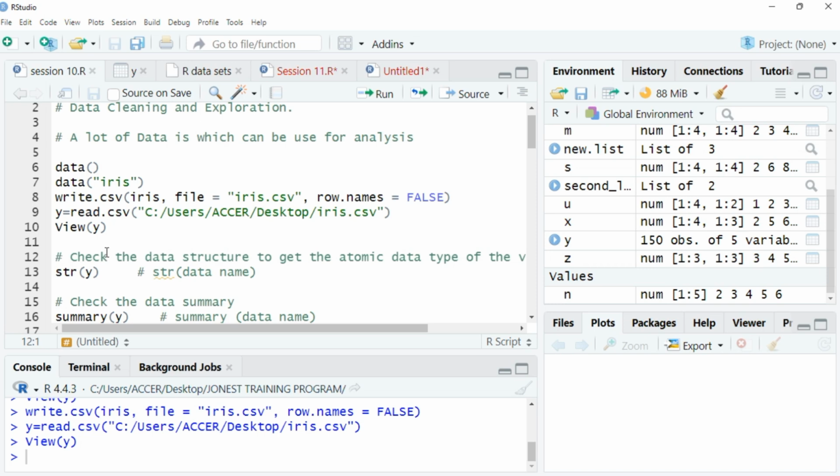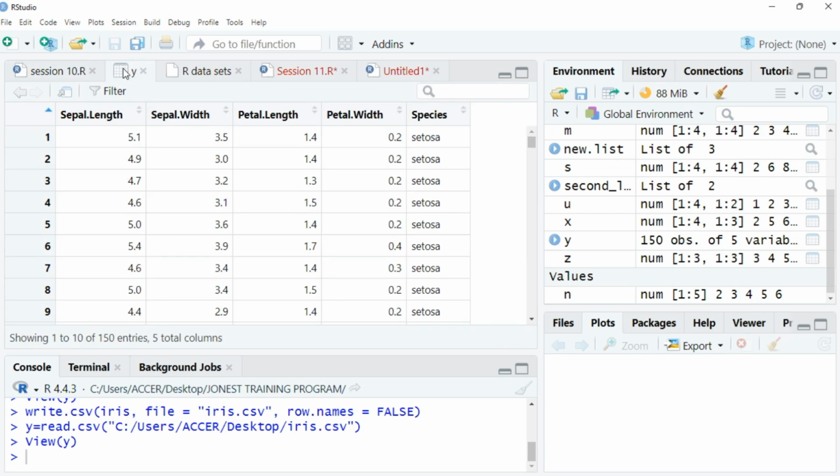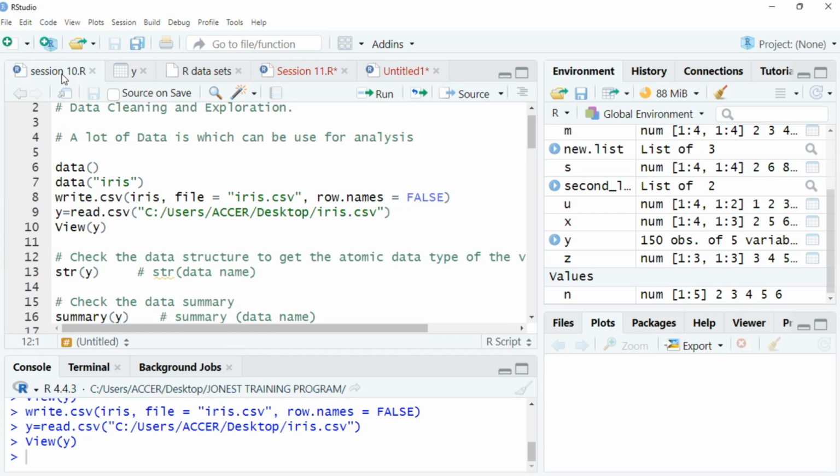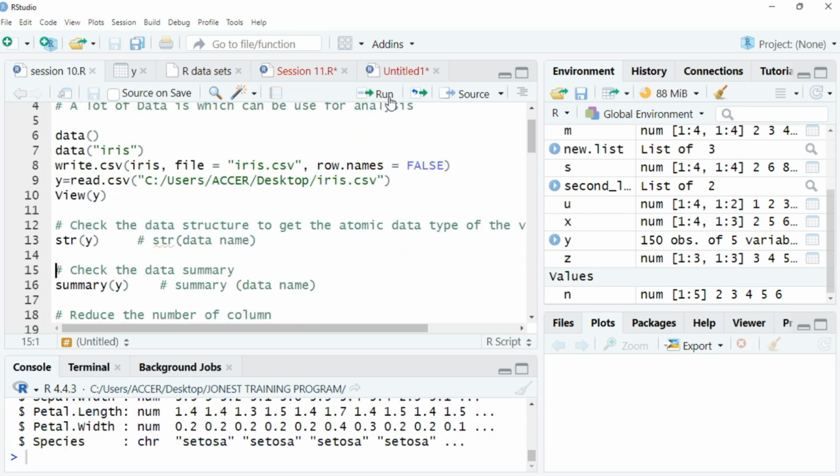The structure of the data will also tell you the individual columns that we have, the sepal length, the sepal width, the petal length, the petal width, and species. What is the atomic data type of each of those columns? So we use the structure to determine that. So once you run it,